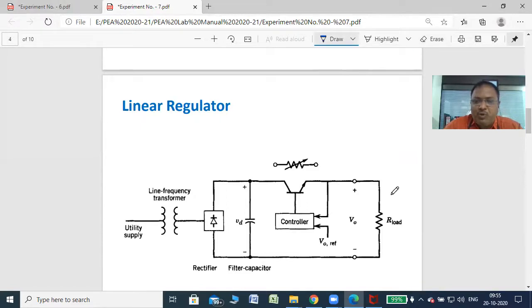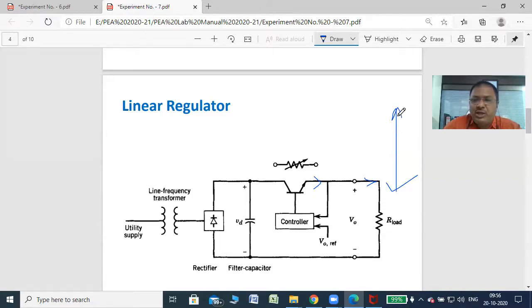See, if the output voltage is constant, the first case, then the constant voltage is provided to the base of the transistor, so that IE is constant, IL is constant, and the output voltage is constant. This is the first case. Now in the second case, suppose we consider that the output voltage of the regulator increases due to a change in line voltage or due to a change in load current.